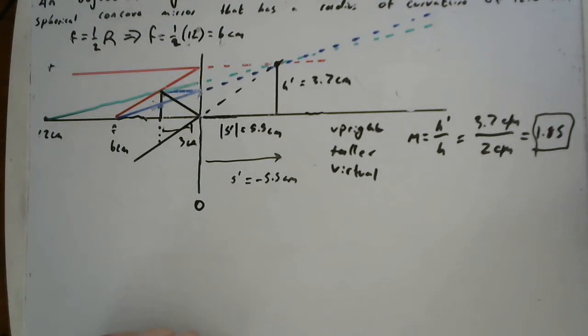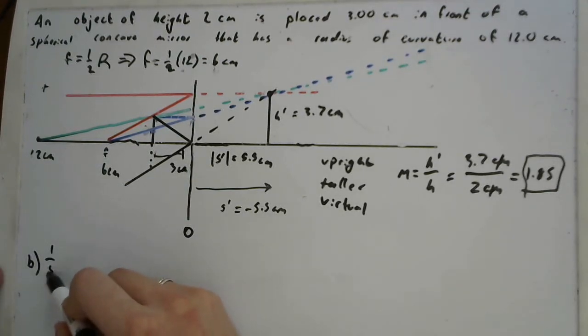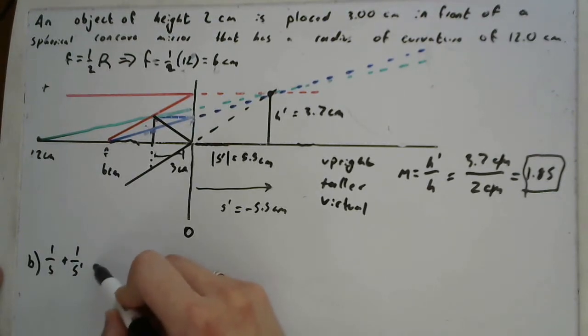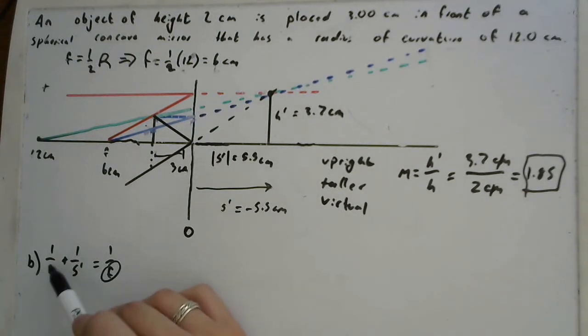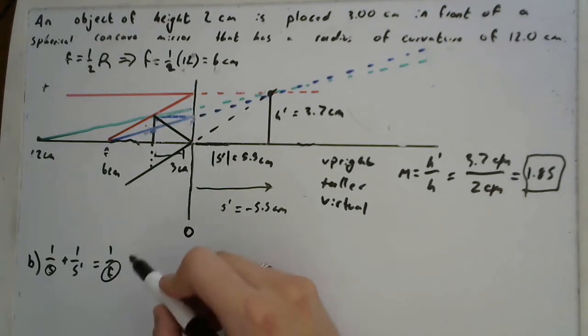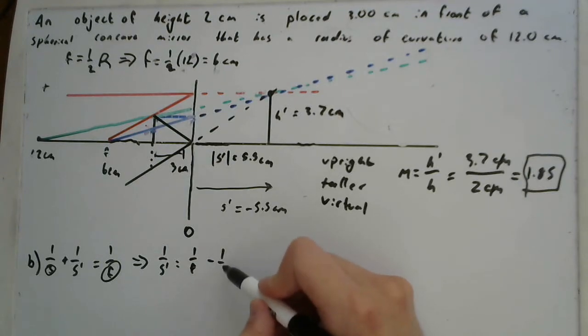And now we'll go to part B. Oops, I pushed the problem up a little bit. Part B asks us to do it algebraically, and the way we can figure this out is through the mirror equation, which is 1 over s plus 1 over s prime is equal to 1 over f. Now, when we're doing it algebraically, we forget everything that we did with the graph. This is 2 separate ways of doing the same problem. So, in this problem, we know what f is, we know what s is, so we have to rearrange for s prime. So that gives us 1 over s prime is equal to 1 over f minus 1 over s,